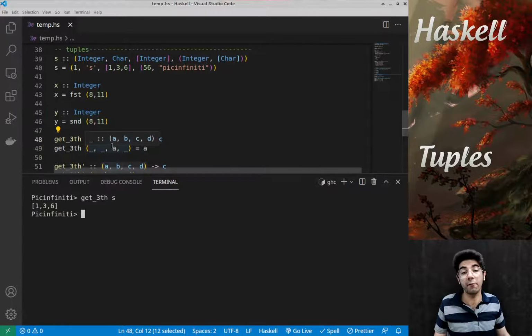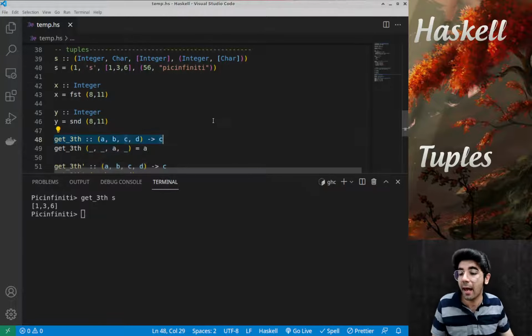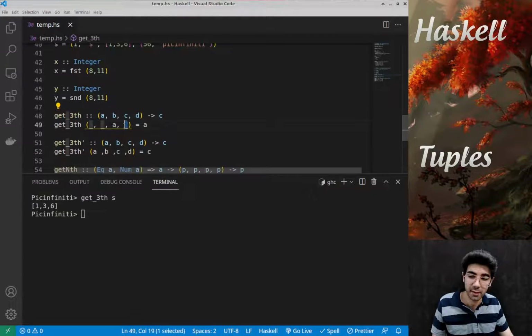It works for any tuple with a length of 4. It just works for a 4-tuple. It doesn't work for, for example, a triple or a 5-tuple or something like that. Okay, and there is a useful notation I want to